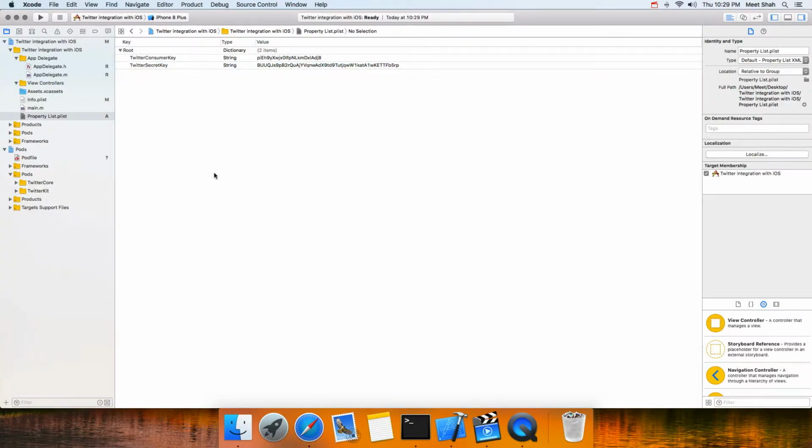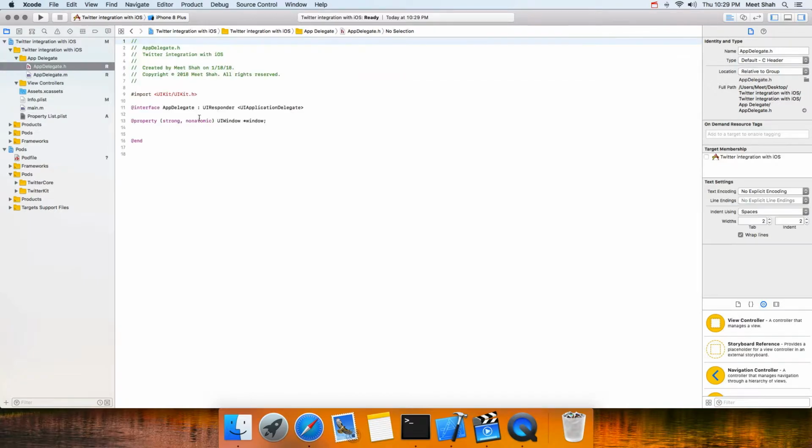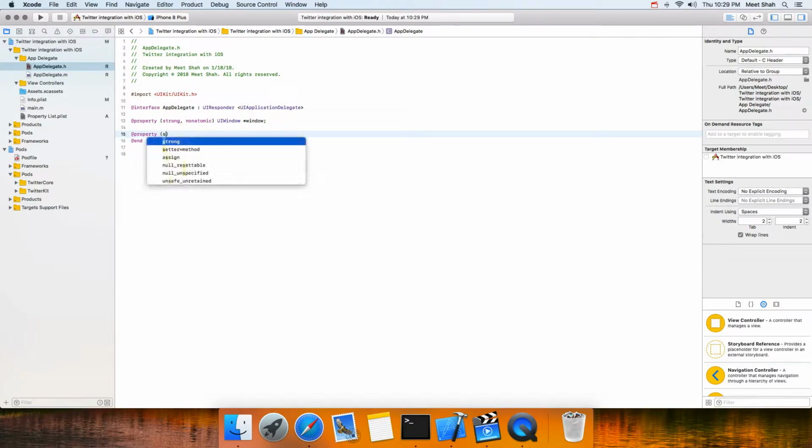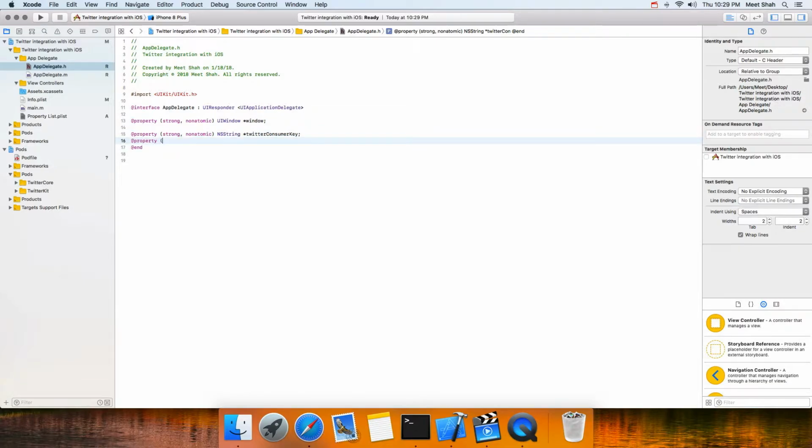Alright. So next thing we want to do is go back to our app delegate, and we want to read these files. So we need a property strong. Now I have to make Twitter consumer key. Now I have to make